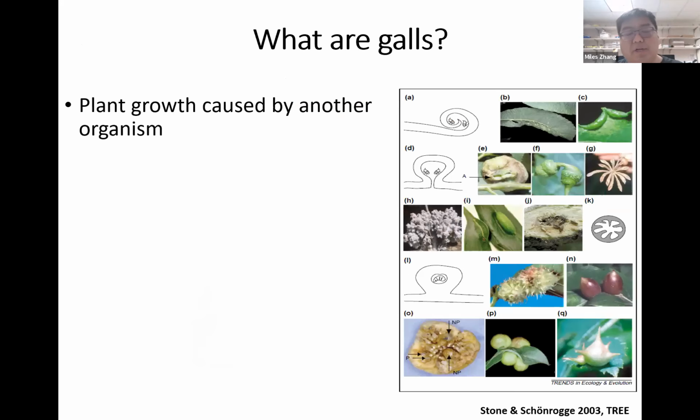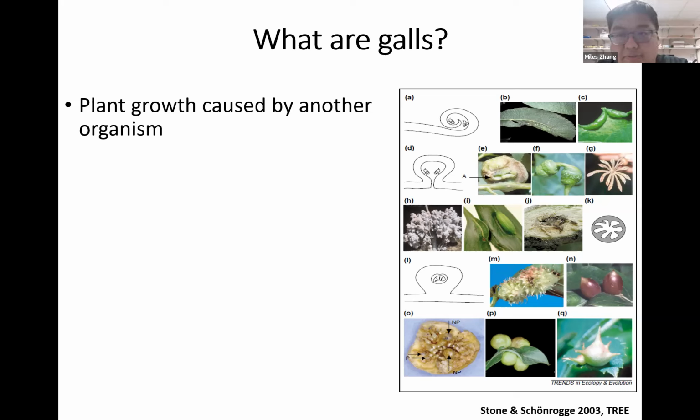But often when I tell people I work with galls, they have no idea what I'm talking about, or they're thinking like gall bladders or that kind of doctor. Not quite. So galls, there's a broad definition of galls, but generally when you're talking about plant galls, they're basically some sort of abnormal growth that's caused by another organism, right? In this wonderful review by Stone and Schönrogge in 2003, they've categorized all these different types of galls,